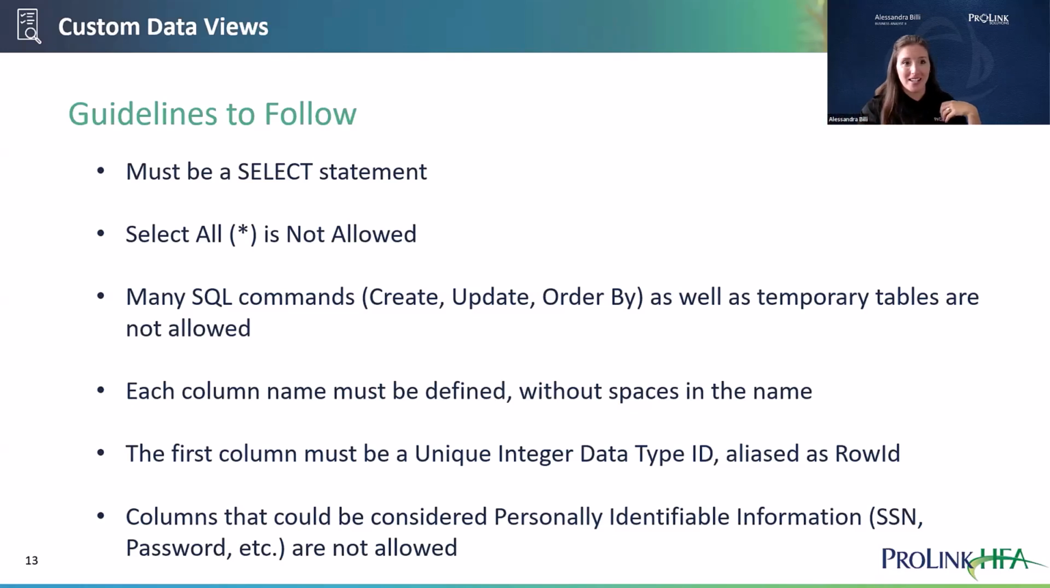So if you want to still see HFA number, you do need to add a second column of the HFA number afterwards. So that is that. And then the final limitation is that columns that could be considered personally identifiable information, social security numbers, passwords, anything like that in the system, is not allowed in data views, because those are things that need to have restricted access, and that can't be set up through data views